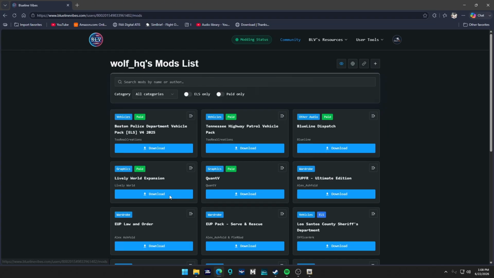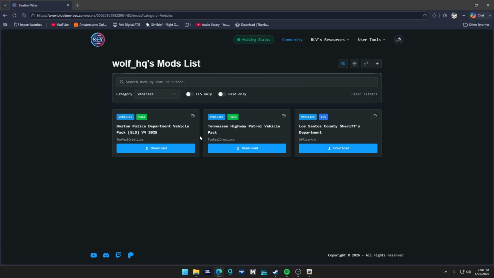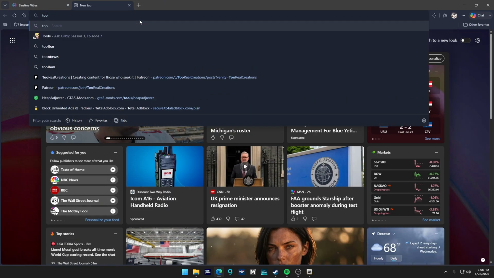Open my mods list. So here's mine. I'm running the vehicles. This is where it gets fun. So I'm only gonna do. Let's see here. So I have the Boston going right now. We have Tennessee. These are both payware. But I'll do it right now. Actually, yeah, we're gonna go through this together and